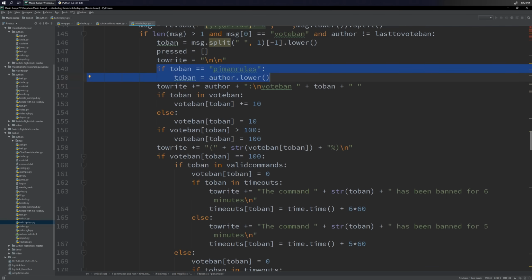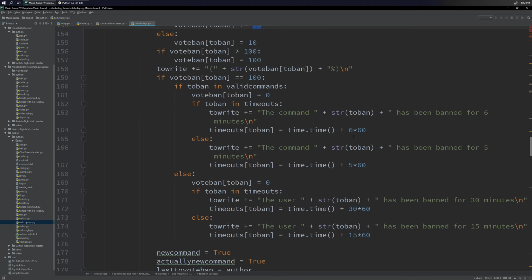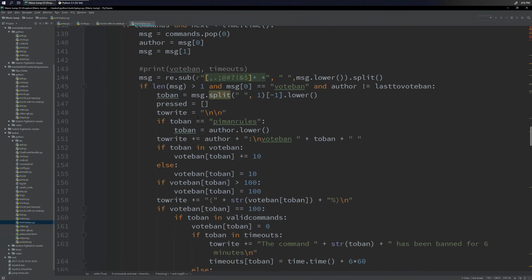Very nice. So yeah, then we append this, which is just the standard message, author, vote ban, whatever. That's just trying to rewrite your command after having parsed it. And here we have a bunch of magic numbers that should definitely be broken out into constants because I reuse them again and again. Every time I would tweak these numbers, I would have to go in and do some garbage.